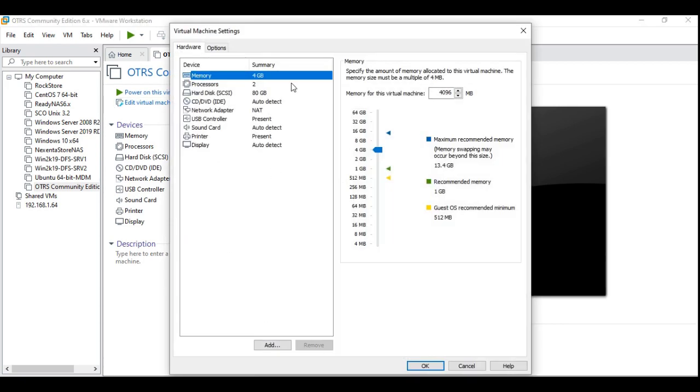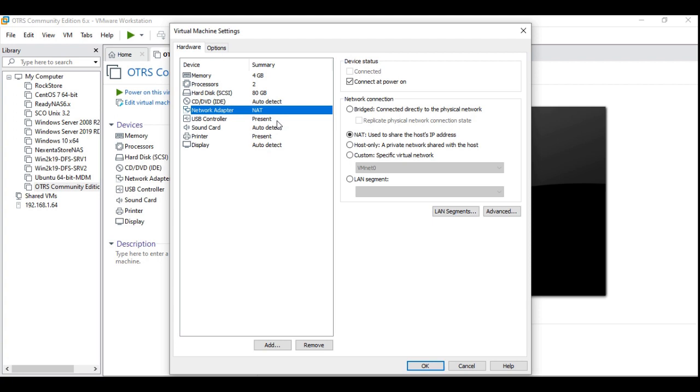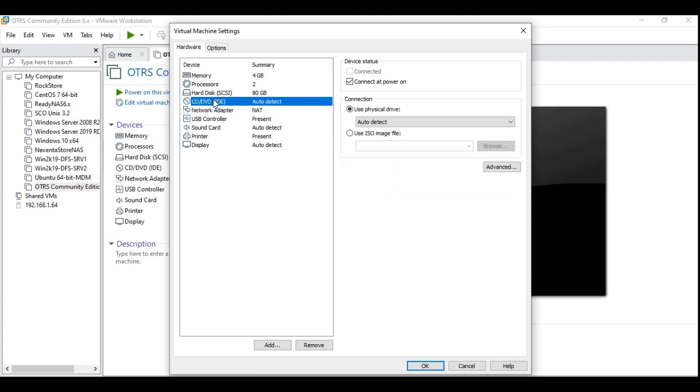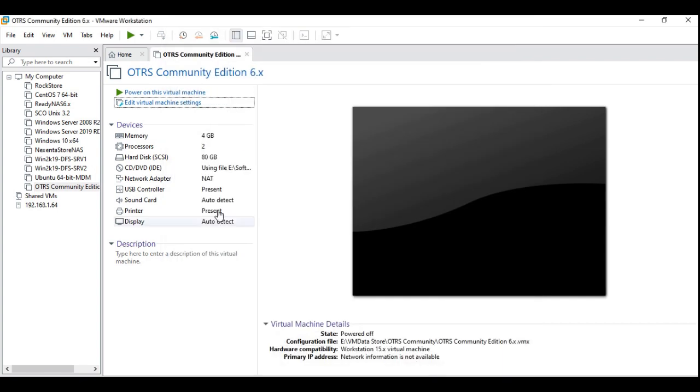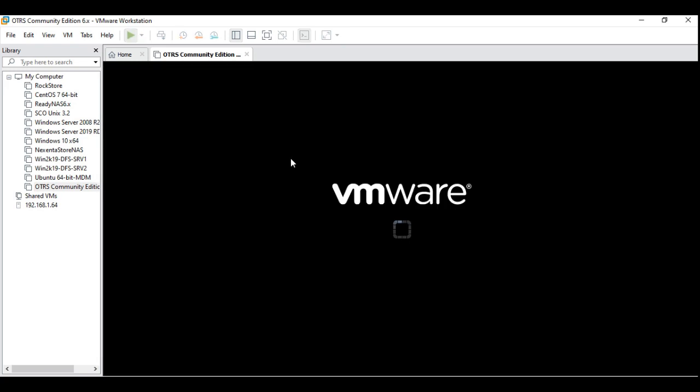Here you can see we have selected 4 GB, 2 virtual CPUs, an 80 GB hard drive and a network adapter. Let's go ahead and give the ISO file. Hit OK. Now let's power on the virtual machine.